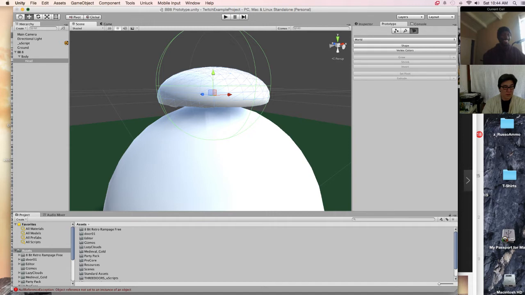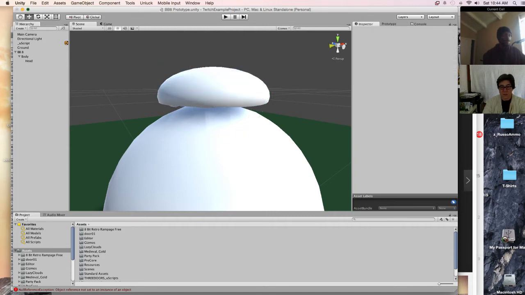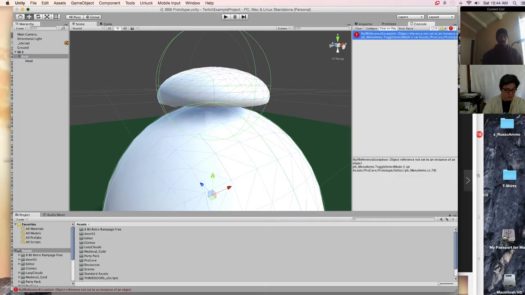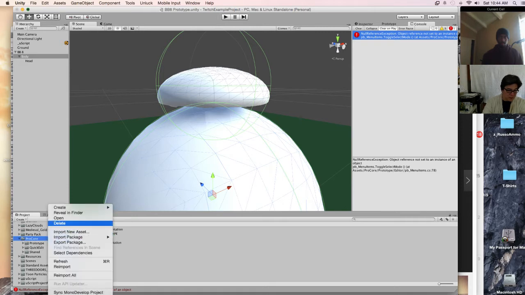Okay, so let's start actually assigning these scripts to him, right? So now we should be able to add these scripts. No, what's this one? Toggle select mode. Yeah, so it doesn't like... I think Procore needs some help here. I'm gonna ditch it.